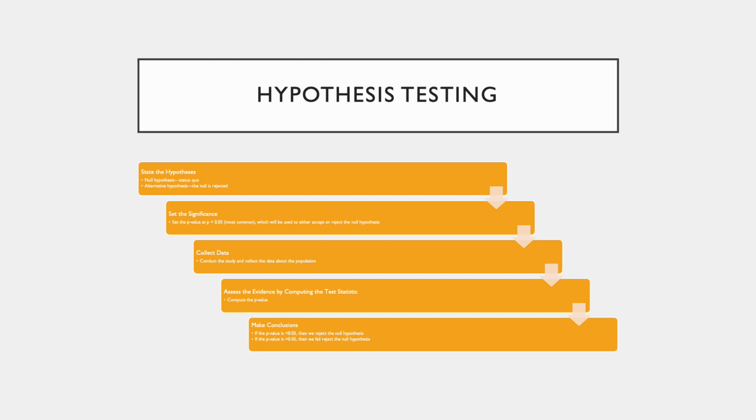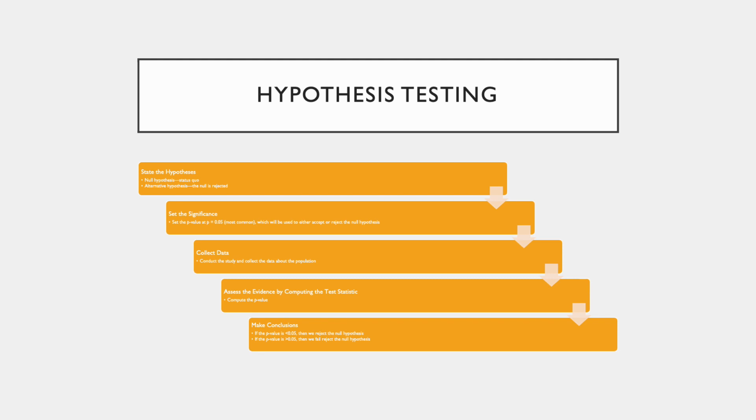You then set the significance, and the significance level is usually set at a p of 0.05, although sometimes it is set at a p of 0.01, and this is the number that is used to either accept or reject the null hypothesis. You then collect your data,